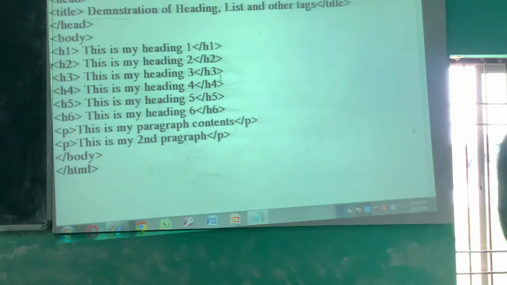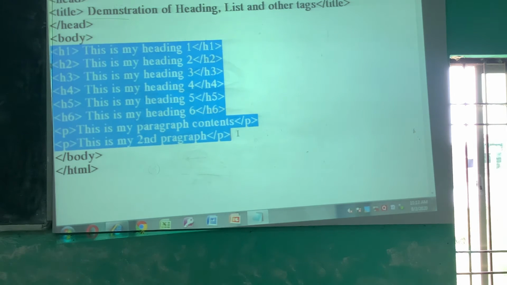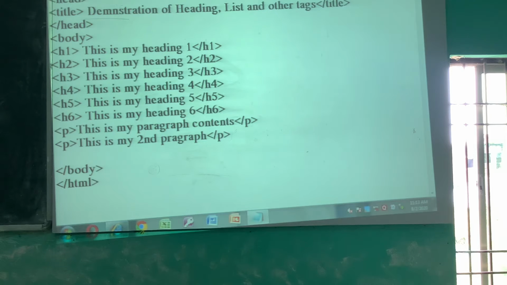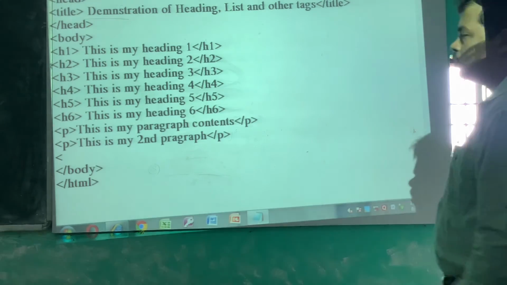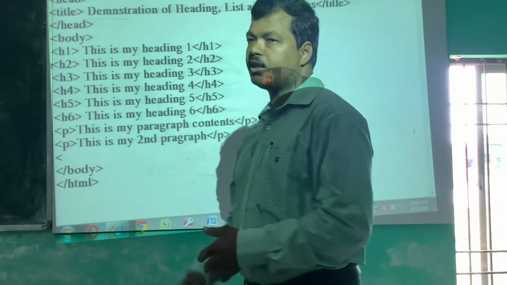Let us start from the bulleted list. There are 3 tags used to create listed items.